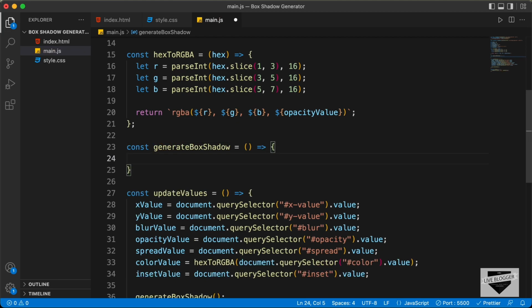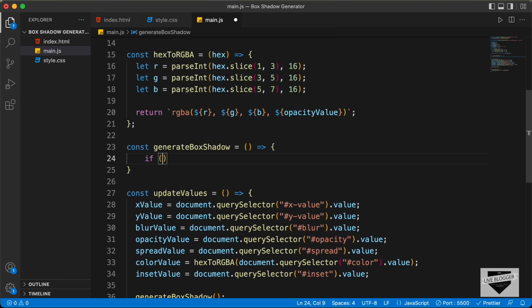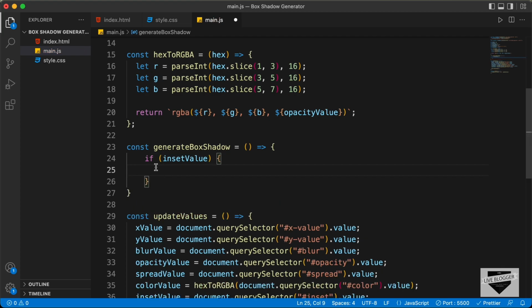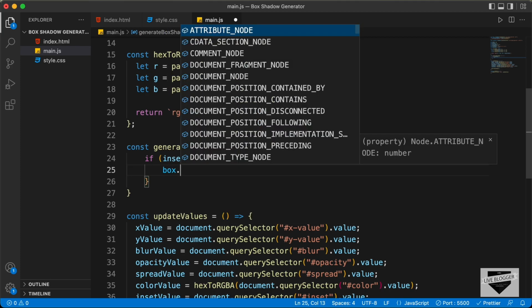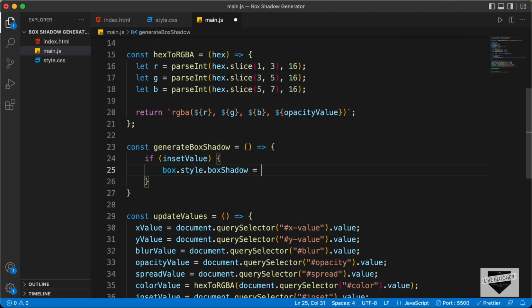and the first thing we will do is check whether we have the inset value set to true or false. So let's type if inset value, and if the inset value is true, then we need to add inset inside our code. Alright, so now let's add the CSS to the box. So let's type box.style.boxShadow equals, and let's use backticks, and here we'll type inset, and